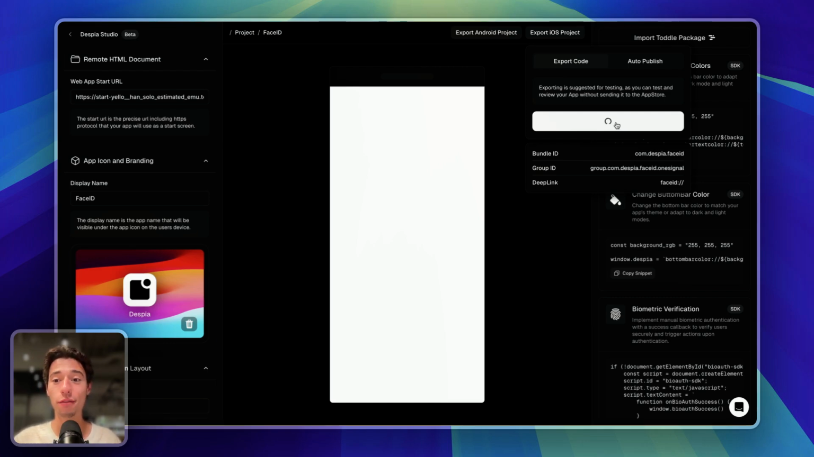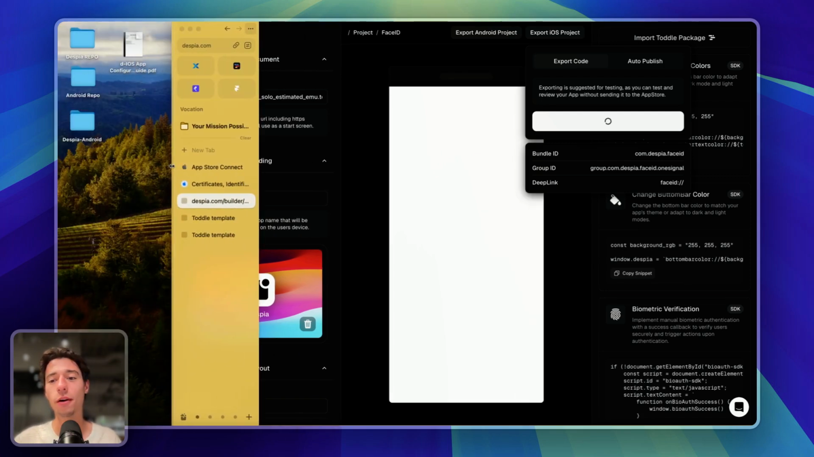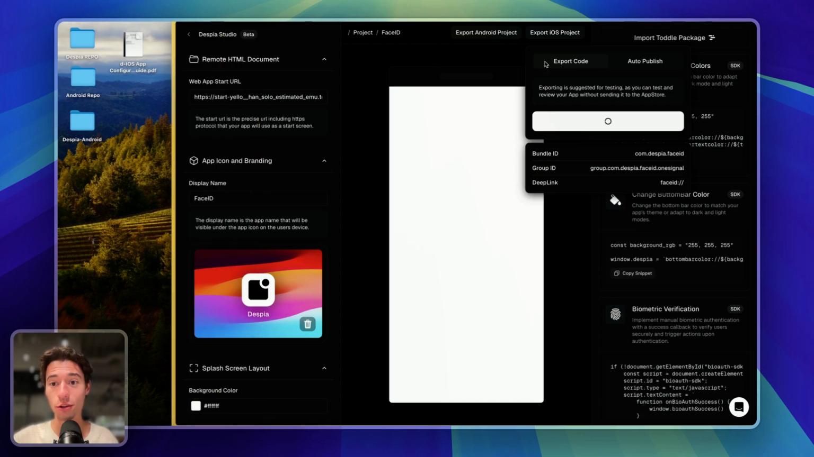So let's click on side of here. And now as you can see, it's building the iOS app. And now it's building it actually for Xcode. Now, I just want to show that we can build this to export the source code using the export code functionality,